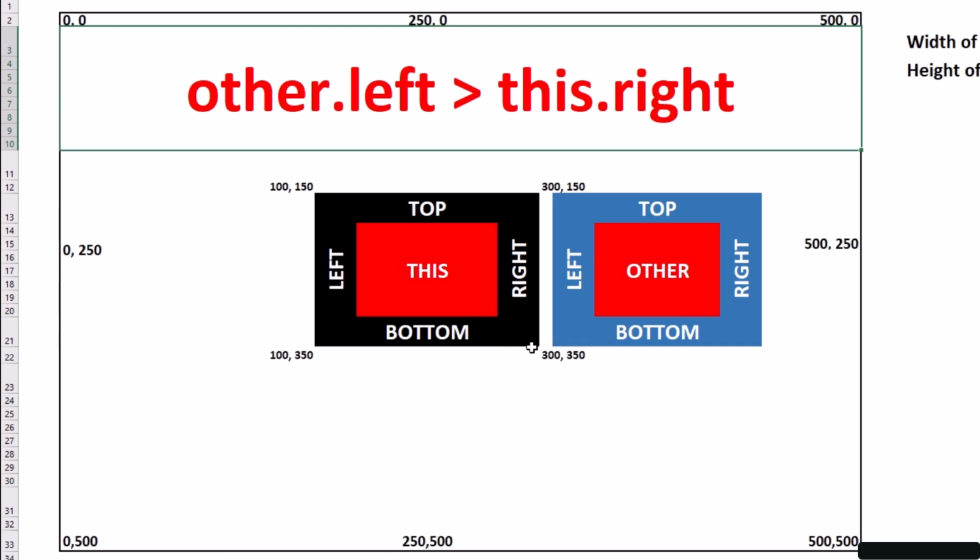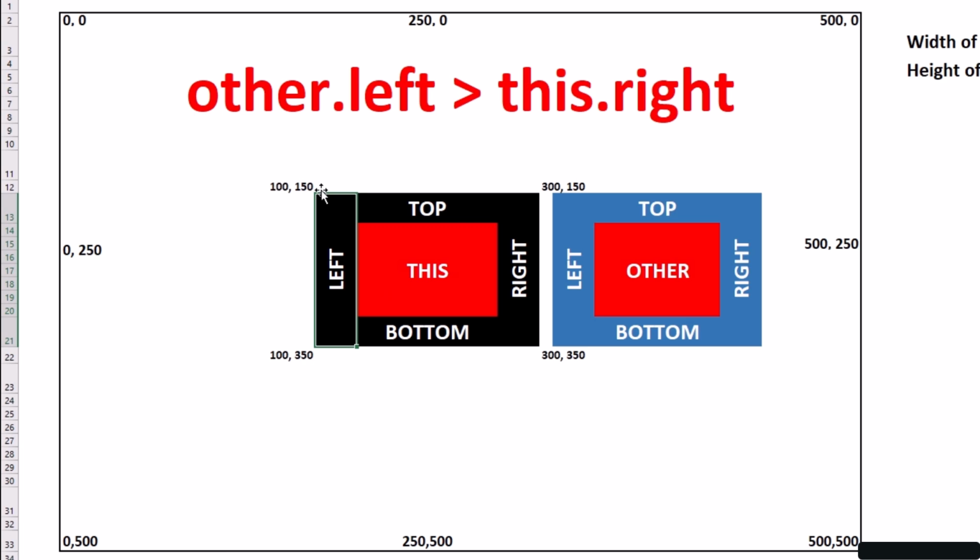Now, there's something we need to consider here. What is the coordinate of the left side of this rectangle here? And by this, I do mean this rectangle right here. With the left side of it, we're looking at the x-axis. It's at 100. What's the right side going to be? Well, you can see I labeled it 300. But the truth is, it's really x plus however big the rectangle is, 200. So it's whatever the x is, because the x of the rectangle will always be the top left corner. In this case, it's 100. So if I add the width of the rectangle, then I now know what the right side is.